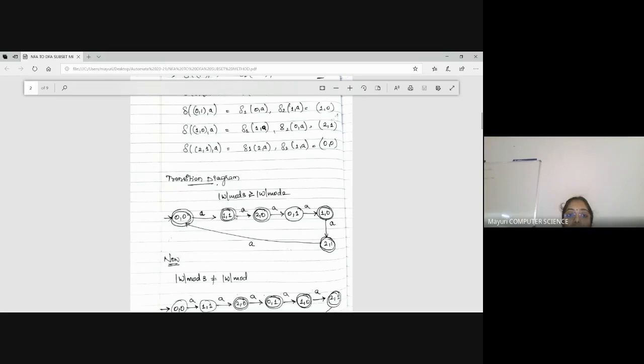Here also both are equivalent. Final state. The first state is greater than the second one. Accepted, because it is given in the question. Condition accepted. Here it is not the case. The first is lesser than the second. No. So the first is greater than the second. So this is the final state. This is also a final state. So this is the resultant DFSM.